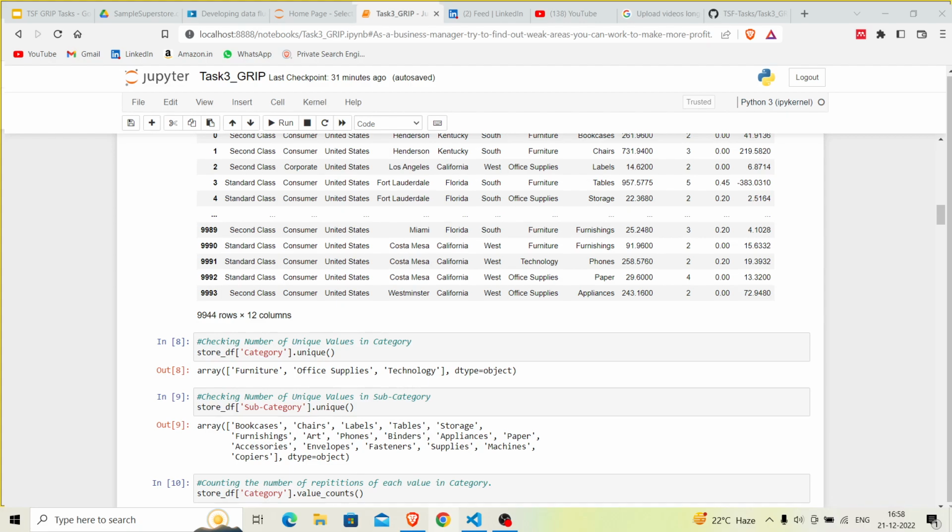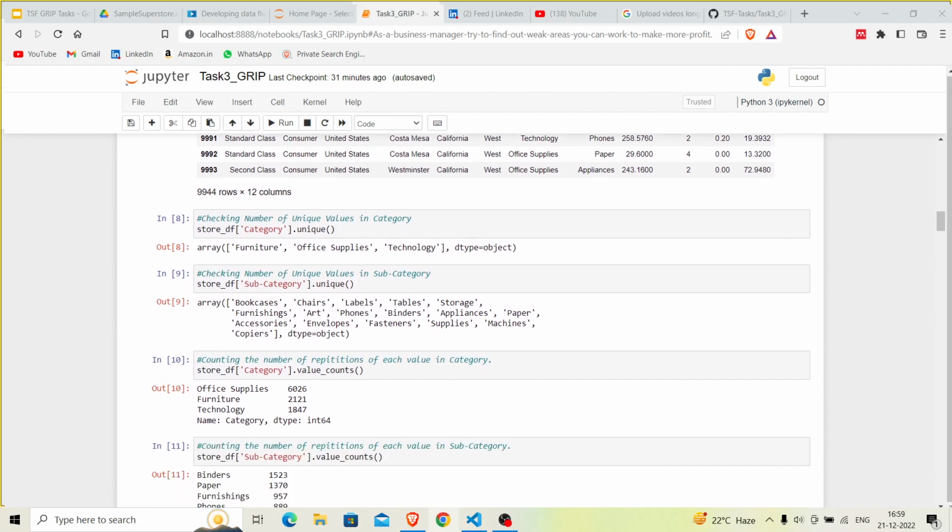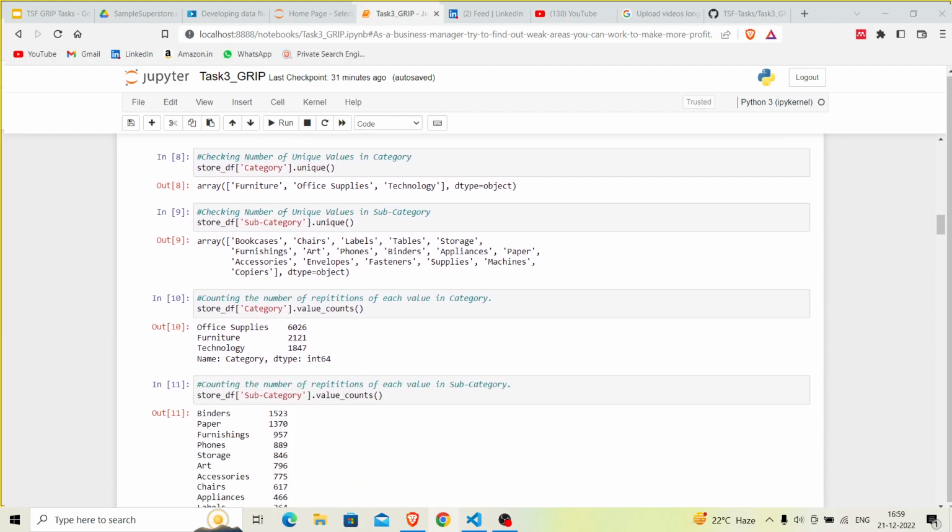The unique identifiers are furniture, office supplies, and technology. And the same in the subcategory, I am checking for the unique identifiers. The identifiers are bookcases, chairs, labels, tables, storage, and so on. After that, I am counting the number of repetitions of those unique identifiers